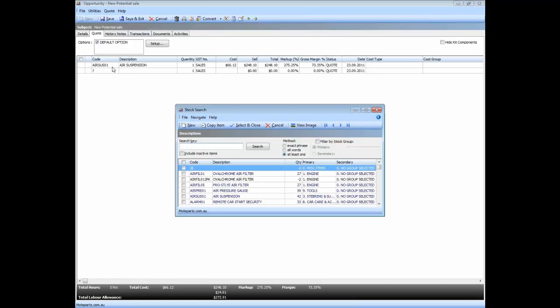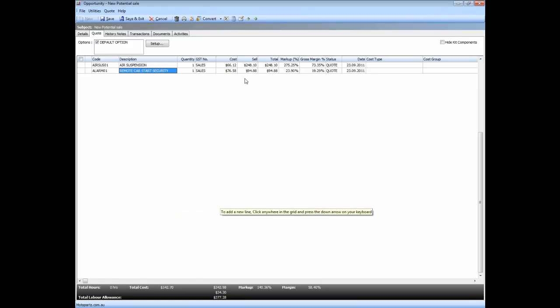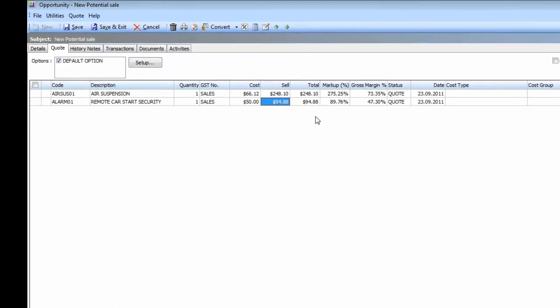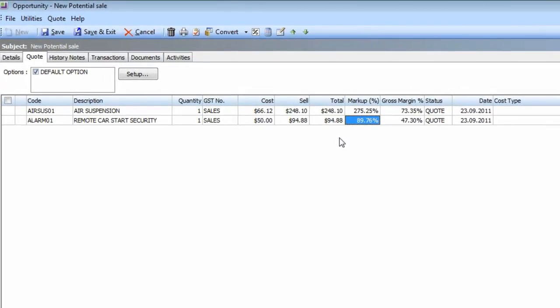So as I build up the quote, it will tell me the expected margin on this opportunity as I go. So this is very different to the quote screen in Exo. We can also alter things. Because this is just an estimating tool, if I think I can get a better deal on these because it's a bulk purchase, I can type over the cost and it's going to give me an updated margin. We can then give them a discount based on that bulk buy,